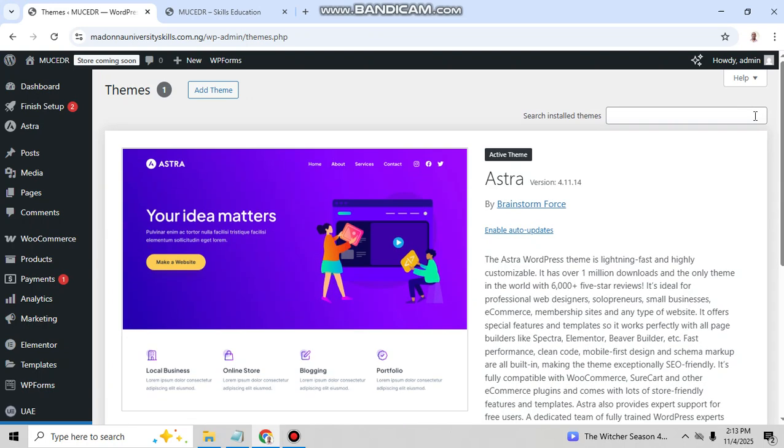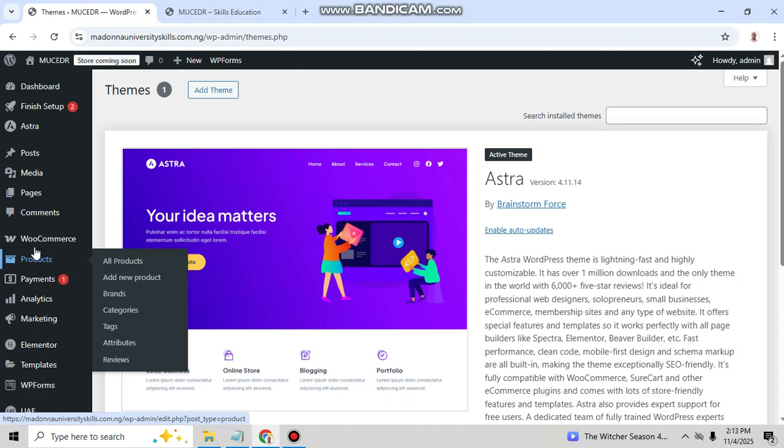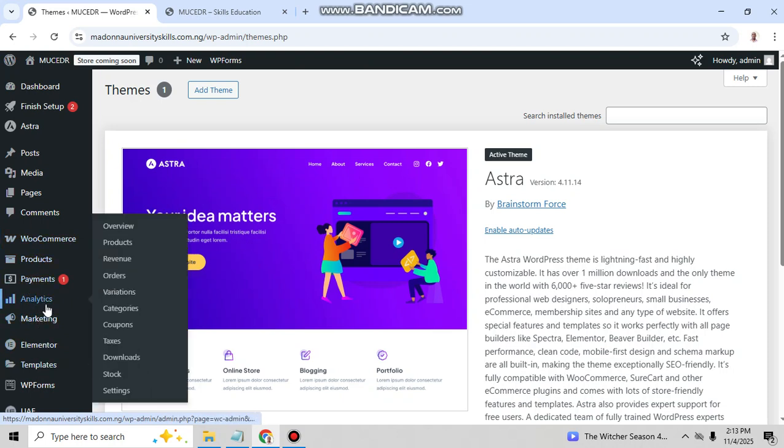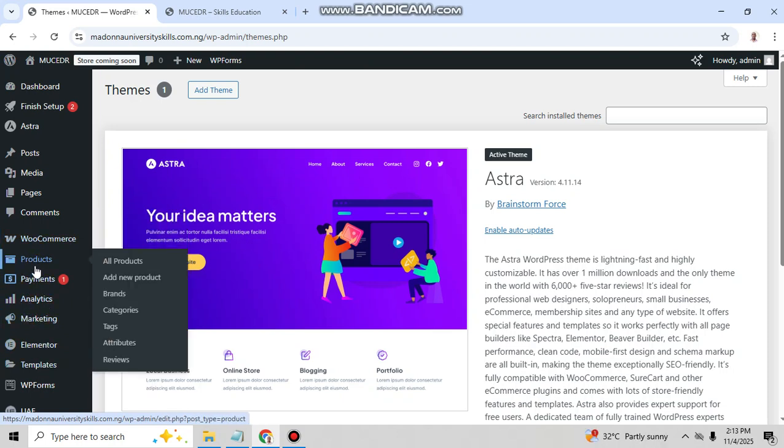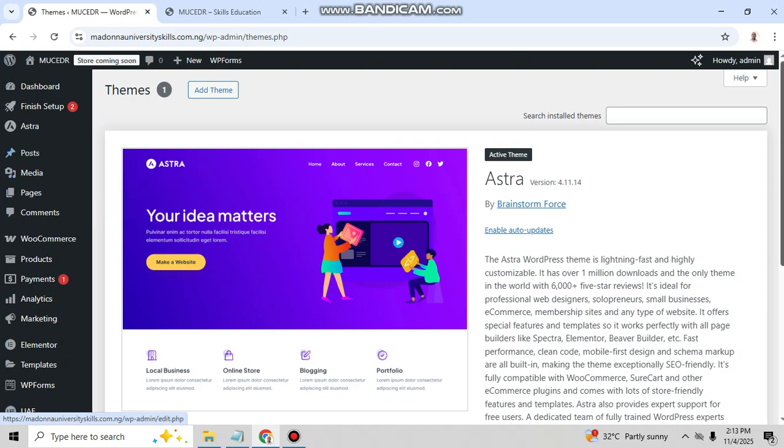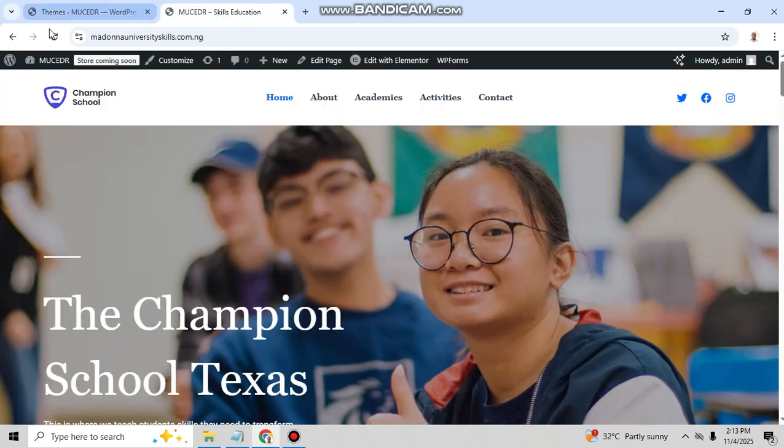And now when we have the Astra, we can use some of the plugins we install to do editing to our text. But before we do that, let me go to the site again and look at the way it looks. Before I go to that,